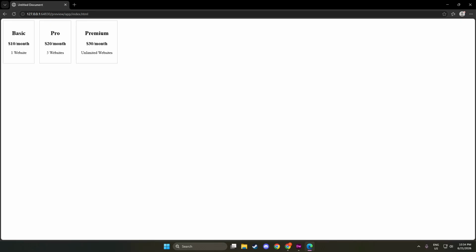Congratulations, you've now created a pricing table in Dreamweaver. Having a clear and well-designed pricing table is key because it can significantly impact a user's decision-making process. A well-structured table can communicate your offerings clearly and professionally. Remember, practice makes perfect. The more you work with Dreamweaver and HTML, the more